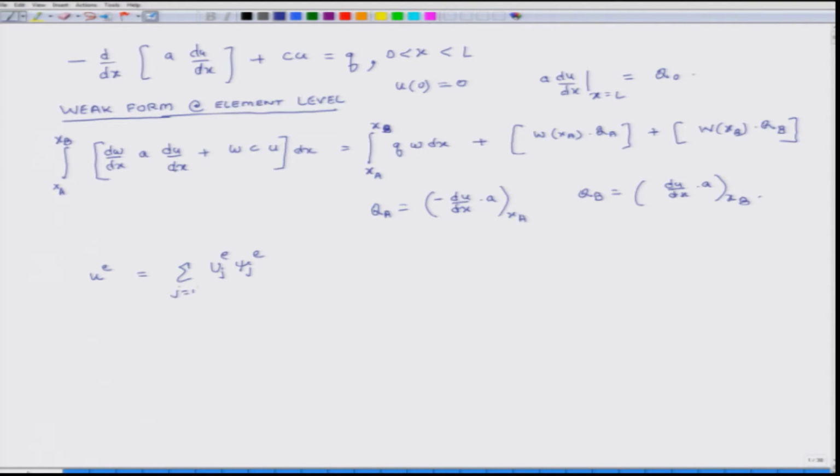That is my approximation for u, and because I am going to use the Rayleigh-Ritz approach, I am assuming that my weight function is the same as psi I. So, I put these two relations back into the weak form, and what I get is